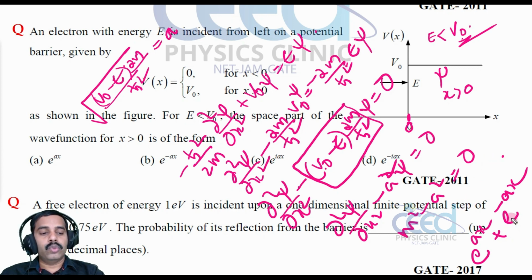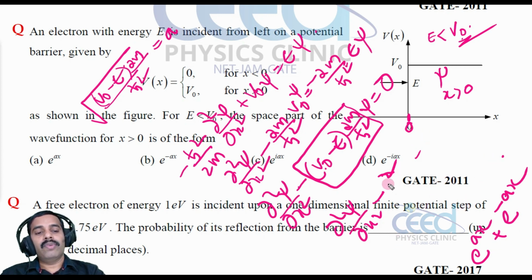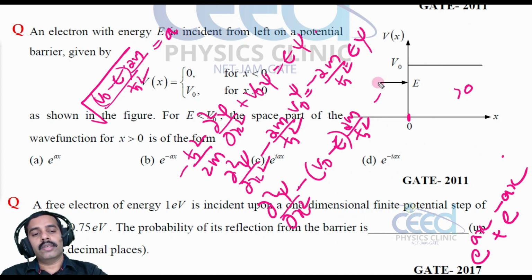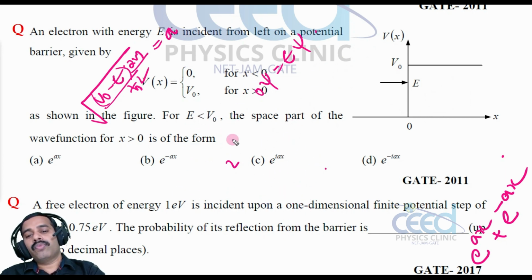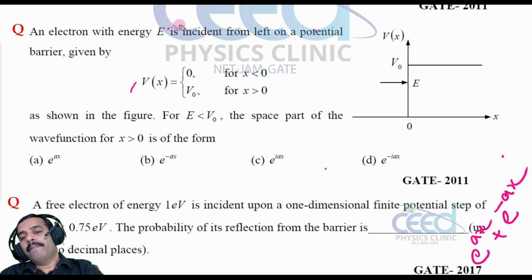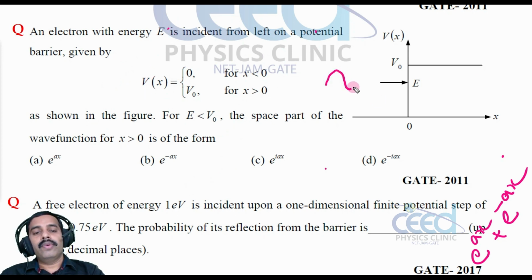Out of the two independent solutions we have, which one will we select as the correct solution? In the answer key we have only one part. So out of this, which one is apt for this situation? Because look into this case. Suppose a wave with energy E is executing here. Here the potential is greater, right? Potential is greater means E is very less. As the potential is greater, it cannot execute for a long time.